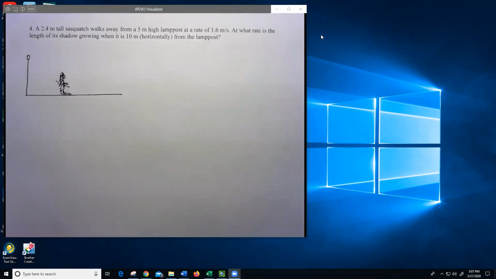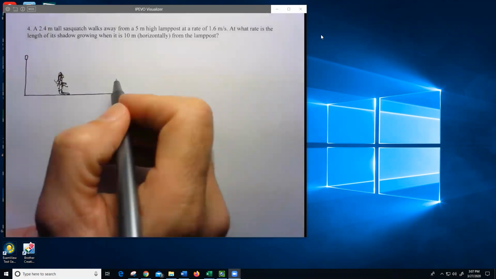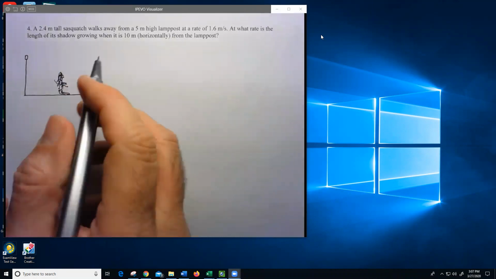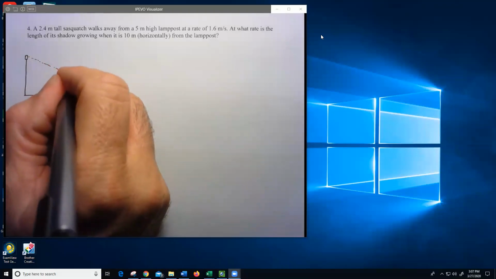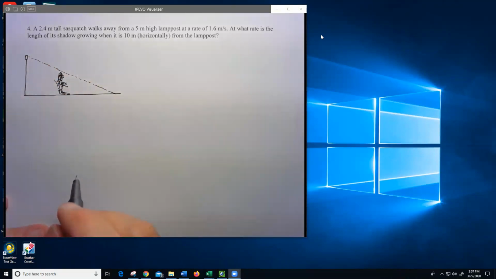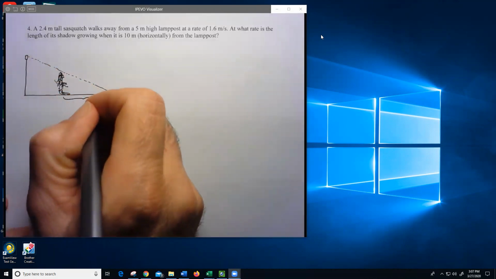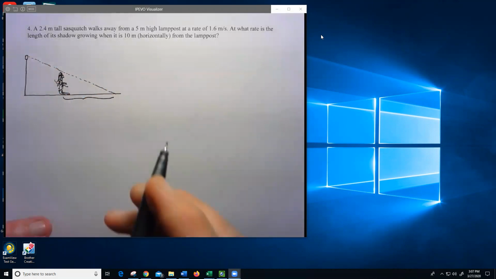Because I'm interested in its shadow. There you go. I'm going to draw, because I think I got this light that's going all over the place, but what's going to start causing the shadow is the light that's being blocked by the Sasquatch. Okay, so that's the light that stops being blocked. And so if I draw this triangle, and I know that this is the length of the shadow, so let's call this,